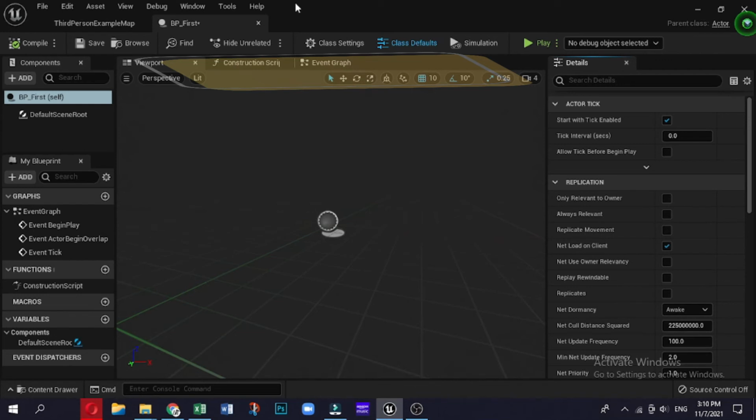In viewport, you can view and manipulate your blueprint's components. By default, you have a 3-dimensional perspective view of your object. You can manipulate the settings of the viewport using these buttons. The first button allows you to switch between perspective and the orthographic view. The second one sets how you see the object, if it is lit, unlit, or in simple wireframe instead.